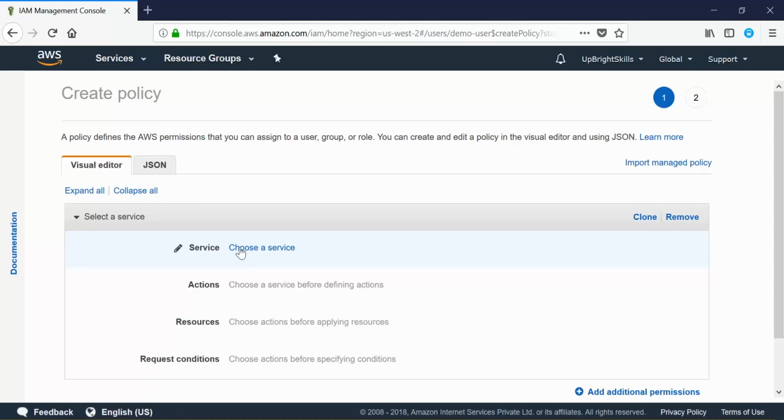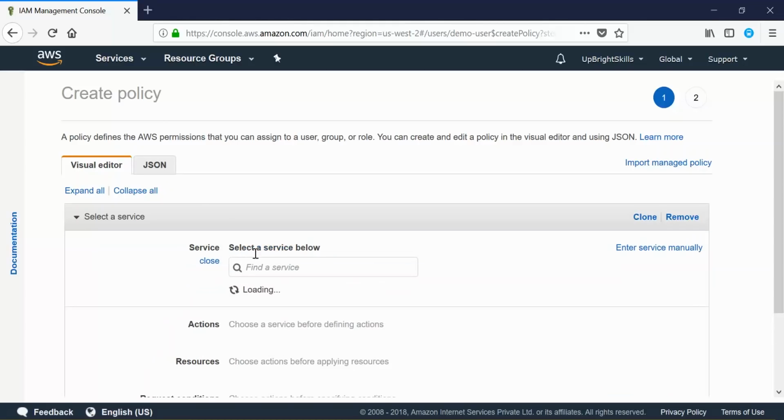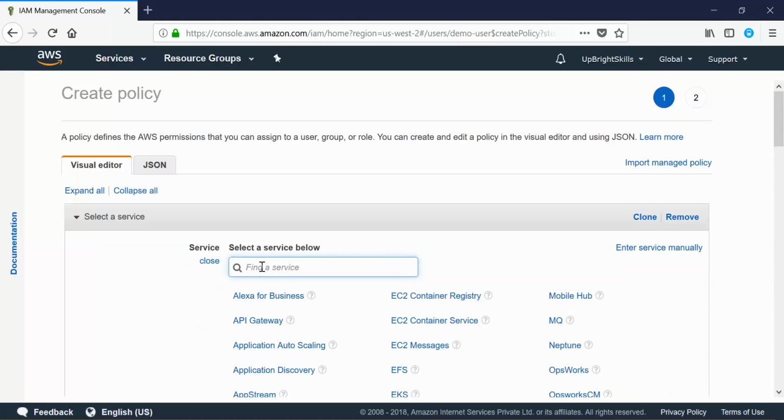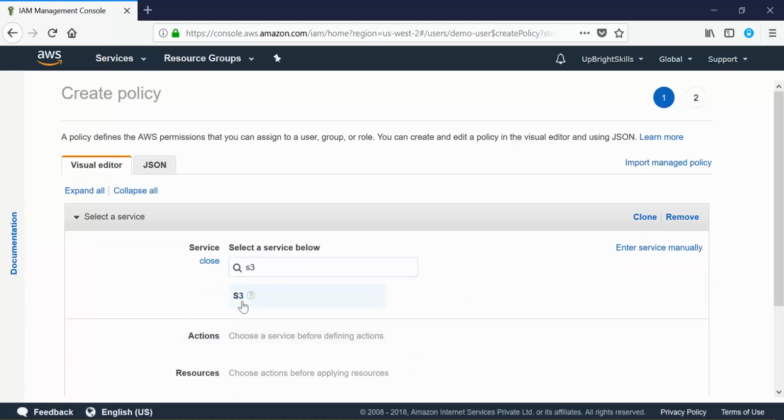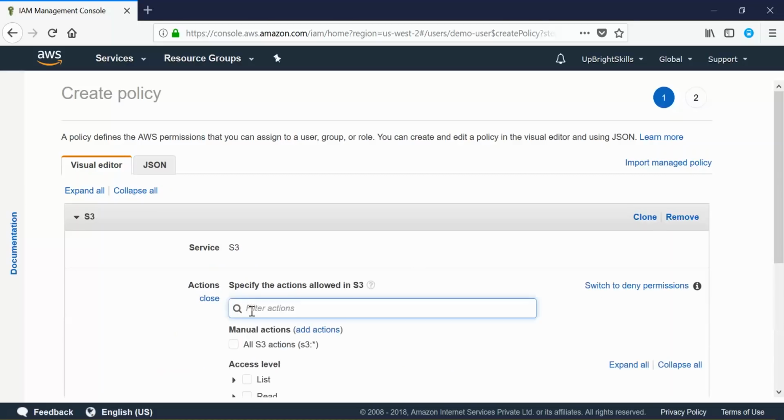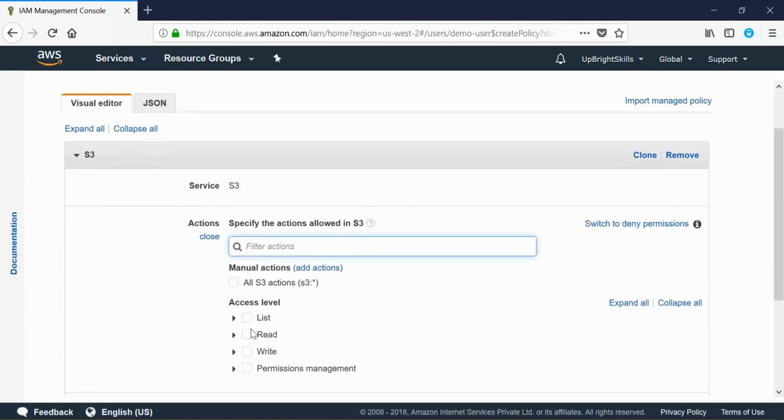So we will choose services. Which services do you want this permission to be applied to? We will choose S3. What action do you want this user to perform? Here you can see one, all S3 actions. If you click on this, all the actions can be performed by this particular user. And if you want